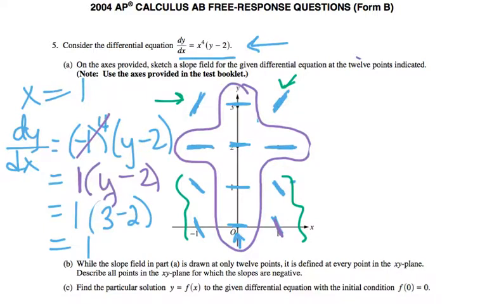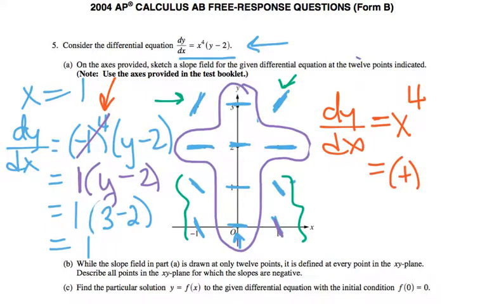We saw that it didn't matter if x was positive or negative, and it didn't matter because it's being raised to the fourth. A negative number raised to the fourth is going to become positive. A positive number raised to the fourth is also positive. So we know that for dy dx, this x to the fourth is always going to generate some sort of positive number. So the slope sign really depends on this y minus 2. If y minus 2 is negative, then the slope will be negative. So you want to say something for b like